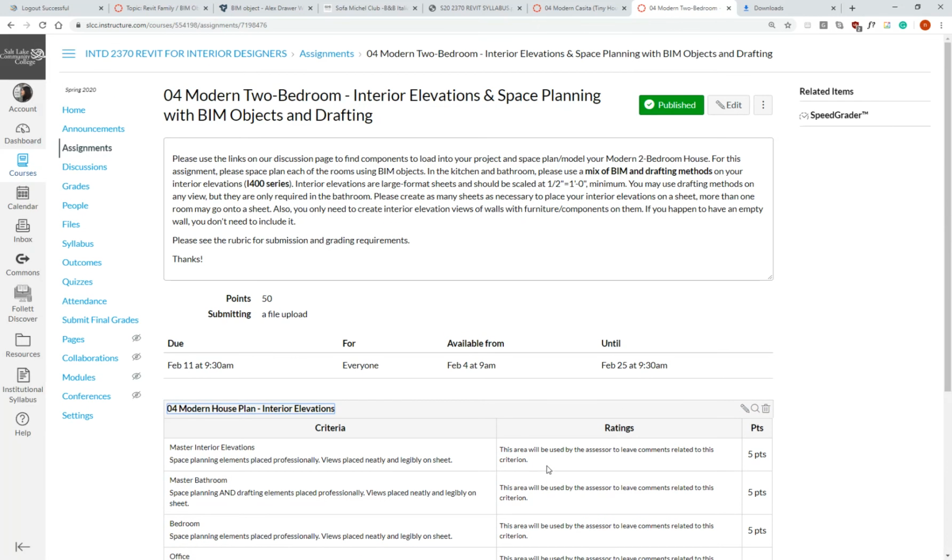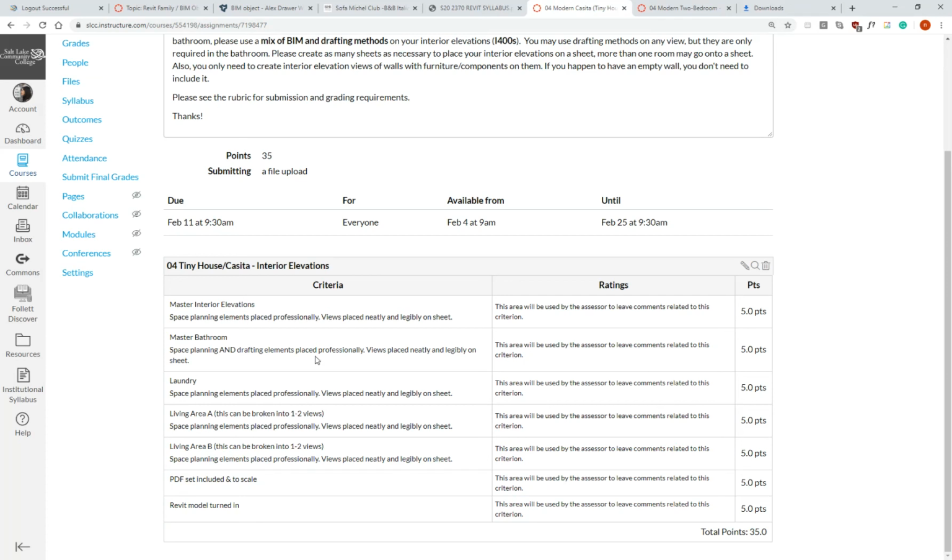Okay, so the rest of the time is yours. So you guys can keep going on this exercise. You can go find more furniture components to download. You can use what's already in Revit. It's totally up to you. But I have a list of the rooms for the exercise here. So the laundry,